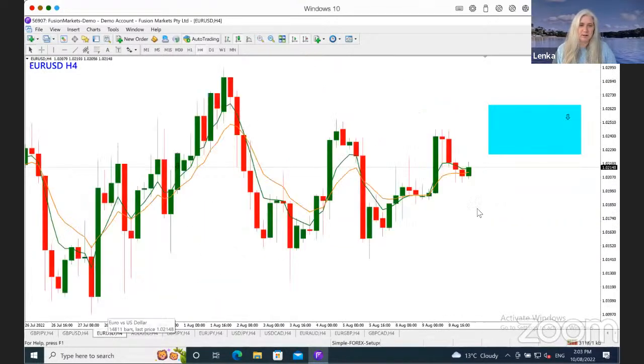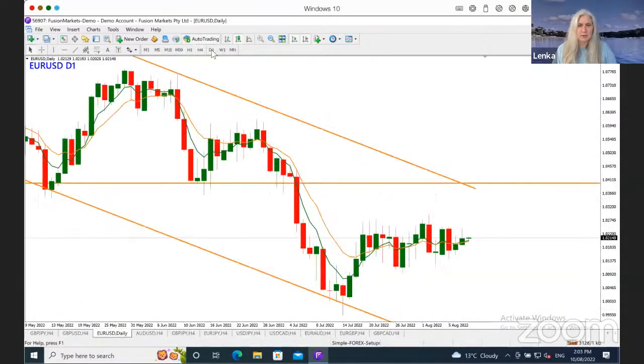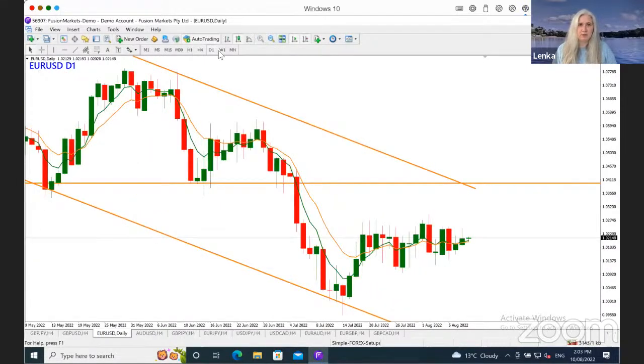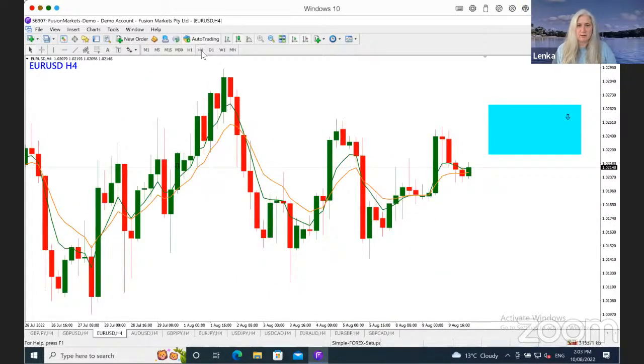Next currency pair I'm looking at is EURUSD, and on EURUSD I'm looking for short opportunities. Here on the daily, we've broken down below the previous level of support. And what I was looking for is a retest of that level. At the moment, it's just going sideways. So there is no